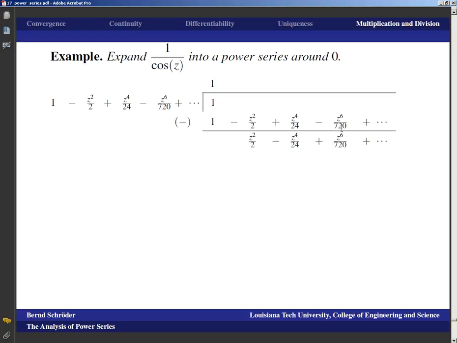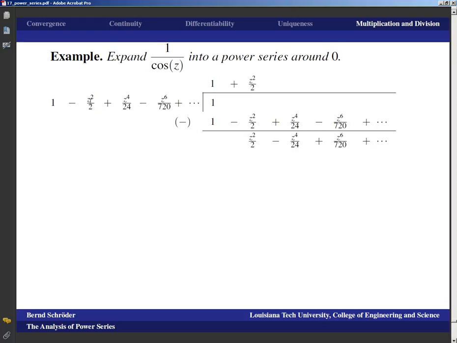And that, of course, works out rather nicely because only the signs change, right? The minus becomes a plus, the plus becomes a minus, the minus becomes a plus, and then it just keeps going like that. And I have a plus here instead of a minus, but it could be plus a negative term, so no problem there. And now I have that in order to get z squared over 2, I have to multiply 1 by z squared over 2, so I get a plus z squared over 2.